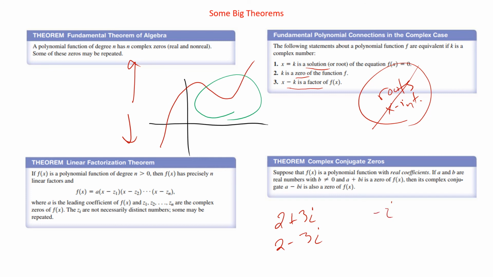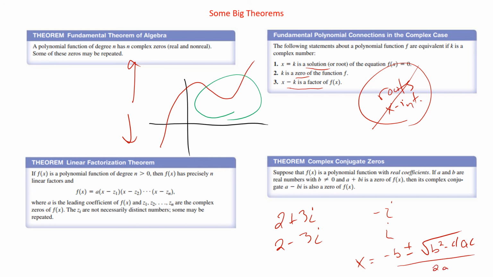If negative i is a root, then positive i is a root. The complex conjugate, we change the sign of the imaginary part of the number to get that. And how that happens is our complex conjugates come from the quadratic formula. x equals negative b plus or minus the square root of b squared minus 4ac